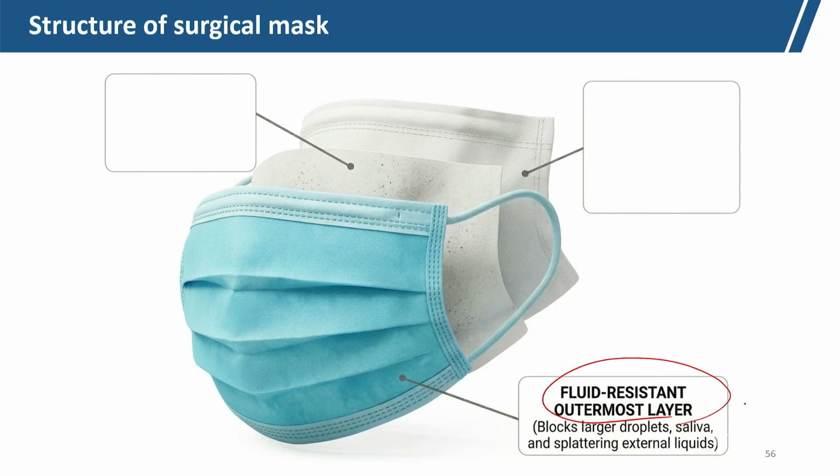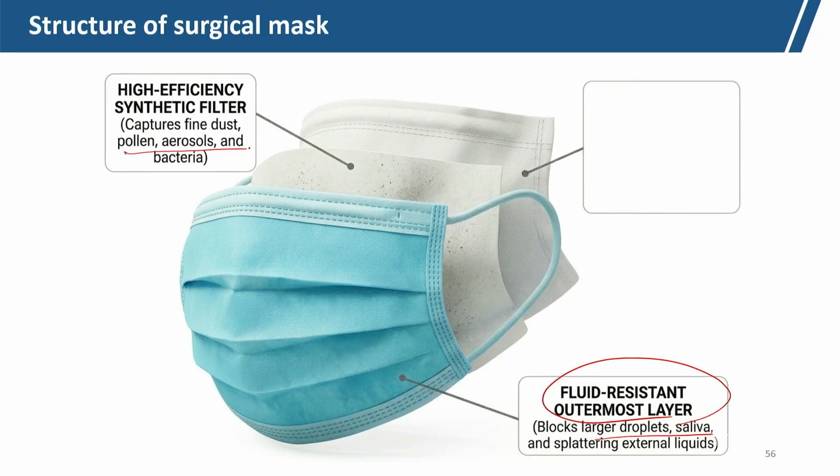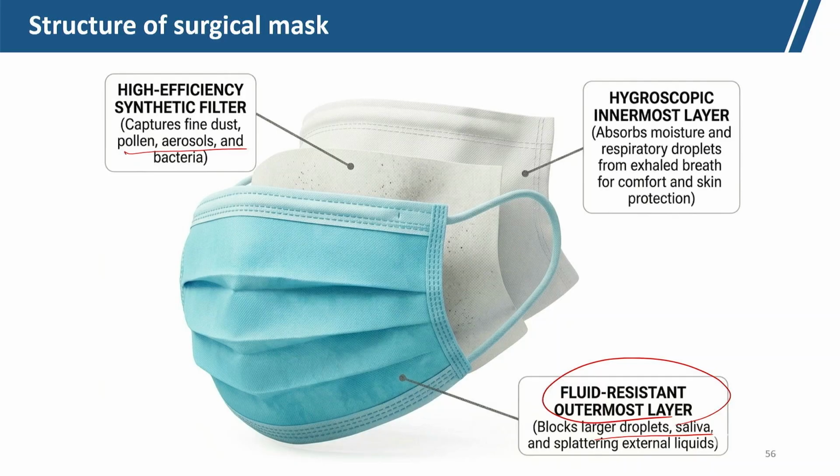The outermost layer is made of spun bond fabric and blocks large droplets and saliva, and then the middle layer is the high efficiency filter layer, typically melt blown. So, fine dust, pollen, aerosol and bacteria get filtered out, and the innermost layer is hygroscopic, which provides comfort to the human skin,